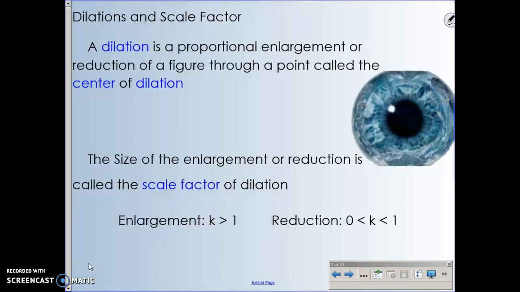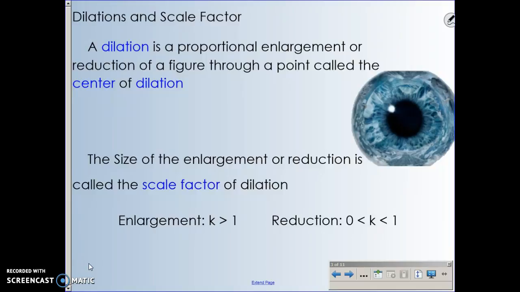Now, in class, we talked about, if you were here, how a lot of us have had our eyes dilated. What that means is that they put those little drops that make your eyes super uncomfortable, and your pupils get bigger so that they can shine the light in and see if there's any damage in the back of your eye. That's the kind of dilation that we're used to hearing about, but there's plenty of other representations of dilations